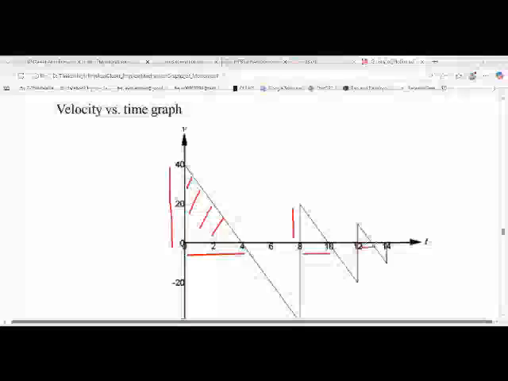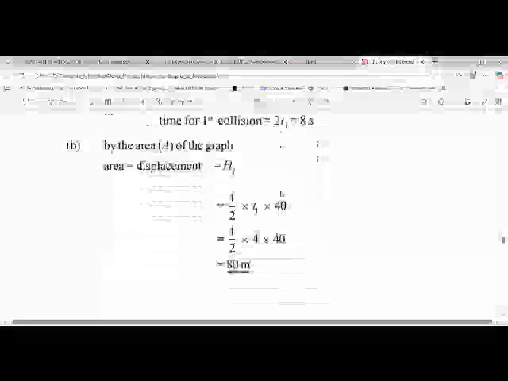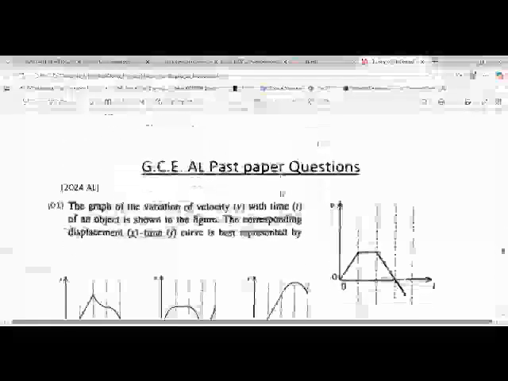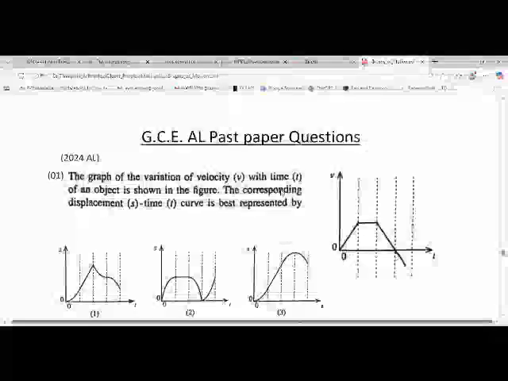Okay. Also here, gradient can be found by dividing the opposite side by the adjacent side. It's not difficult. Also, next, you have to learn about a GCE A-level past paper question